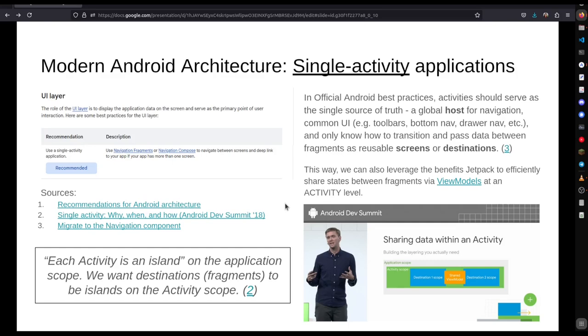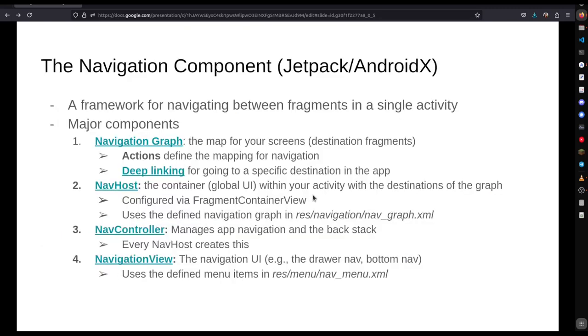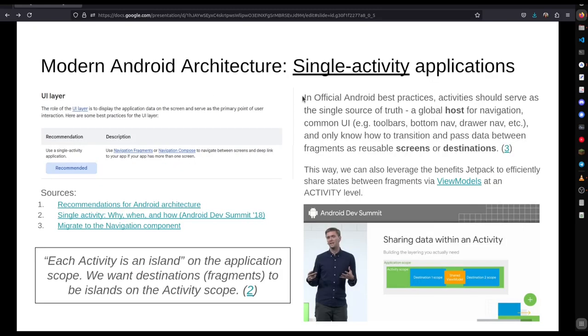It's just a much easier way of navigating between screens. And it just makes a lot more sense to use destinations within an activity scope instead of having activities themselves as destinations. And so I'm just going to briefly go over the important stuff of the navigation component. This is what we're going to use to navigate between fragments in a single activity, using this single activity